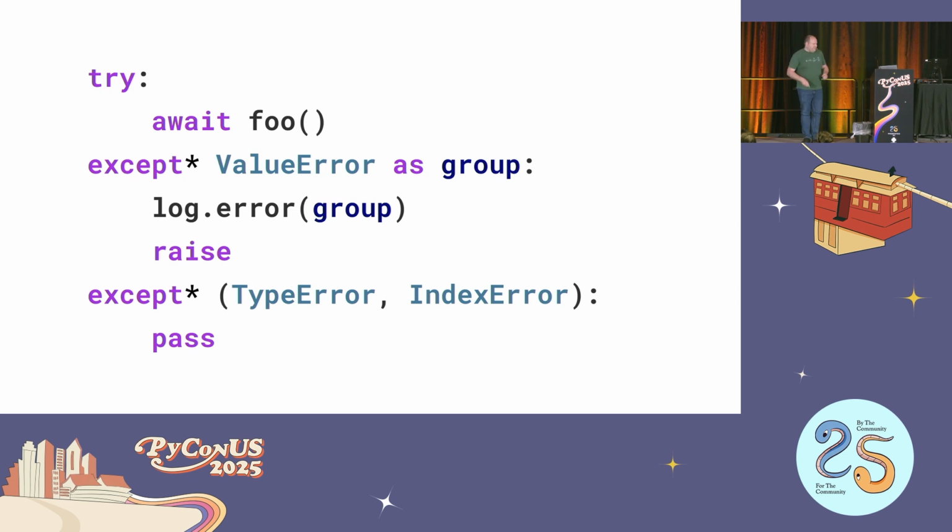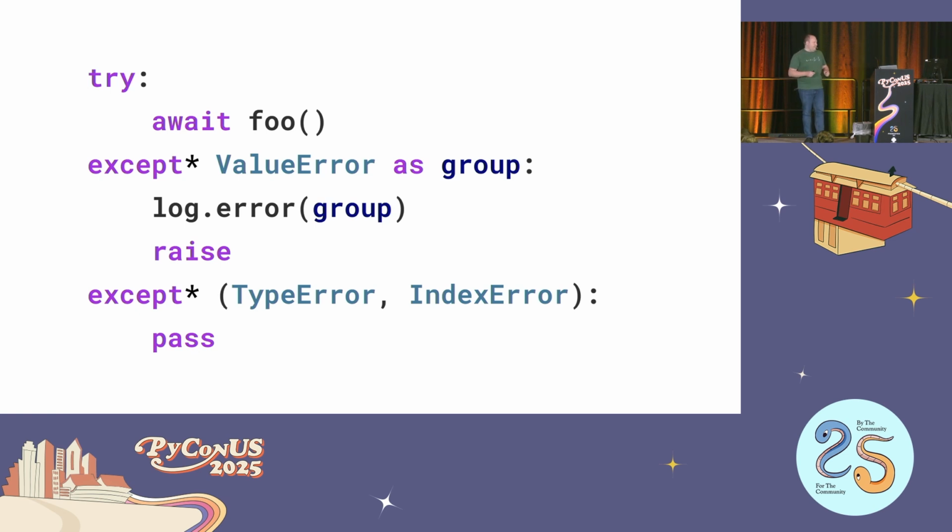The except star syntax is also new in Python 3.11. And so I think part of the reason that we're not really familiar with exception groups yet as a community is because the syntax needs to be supported by all of the Python versions supported by any library that wants to use the syntax. Otherwise, you just have this sort of breaking divergence. But Python 3.11 is now mature enough and old enough that many libraries do support it. And so we have except star ValueError as group, which looks pretty much like except ValueError as error, right? Except it does something different.